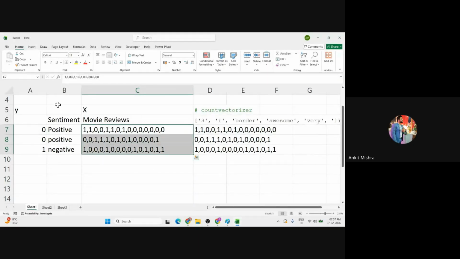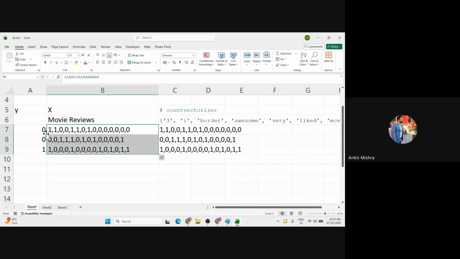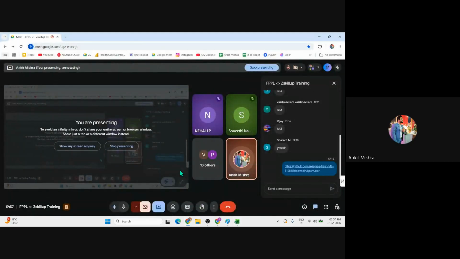Guys, are you getting my point? Just let me know. Where all reviews converted into this 0 and the all values converted into this Y1. Guys, are you getting my point? Just let me know. Everyone, class, are you getting my point now? Just write in the message box, do it fast.